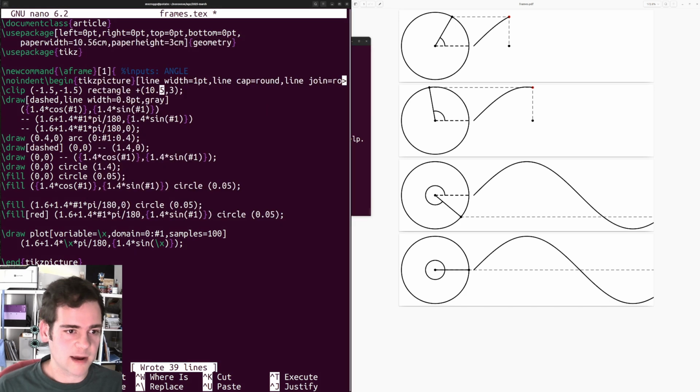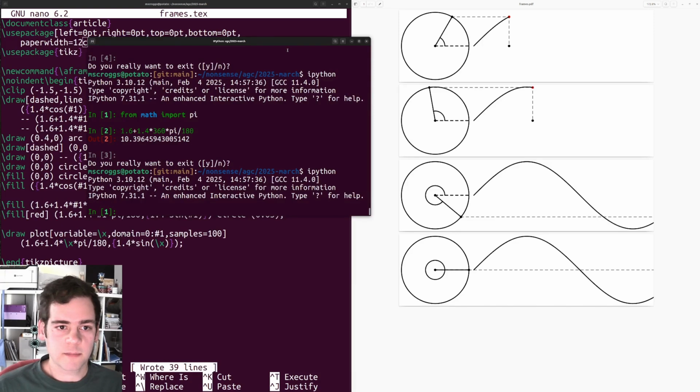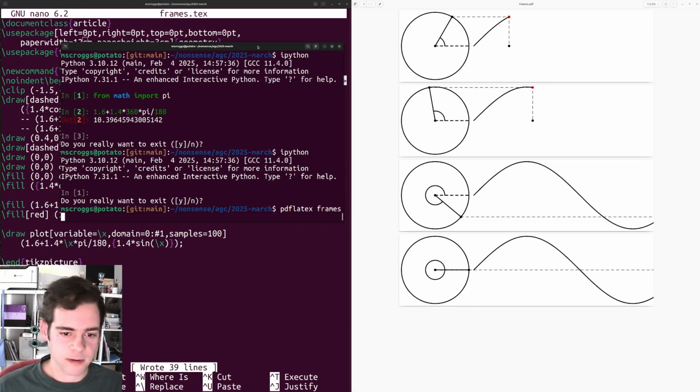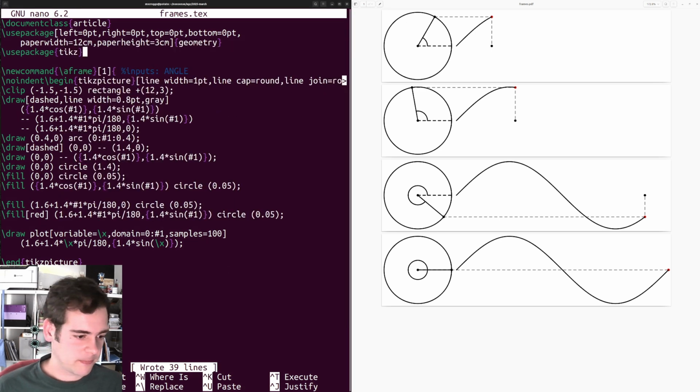But the reason it's not coming out right is because we start at negative 1.5, so we need to add 1.5 to this, which gives us 12. So let's make that 12 wide. Recompile that. No, not right, Python. Nice, so we've got it drawing out a sine curve. Now all I need to do is do all of these for each of the frames,